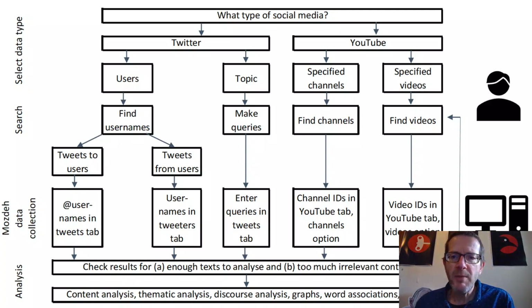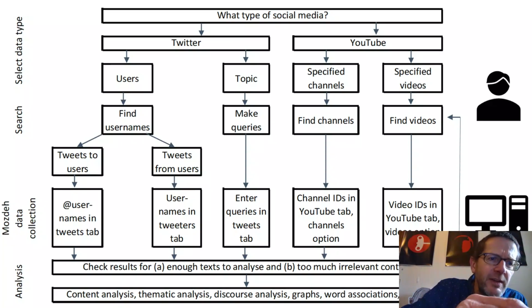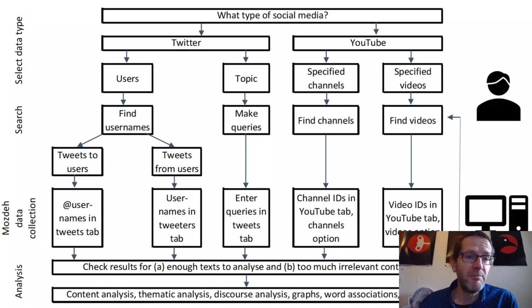For example, you might pick all the videos by a pop group, or all the videos discussing a specific topic on YouTube. So the search stage is where you essentially specify what you're going to research at a narrow level. And once you've completed that,